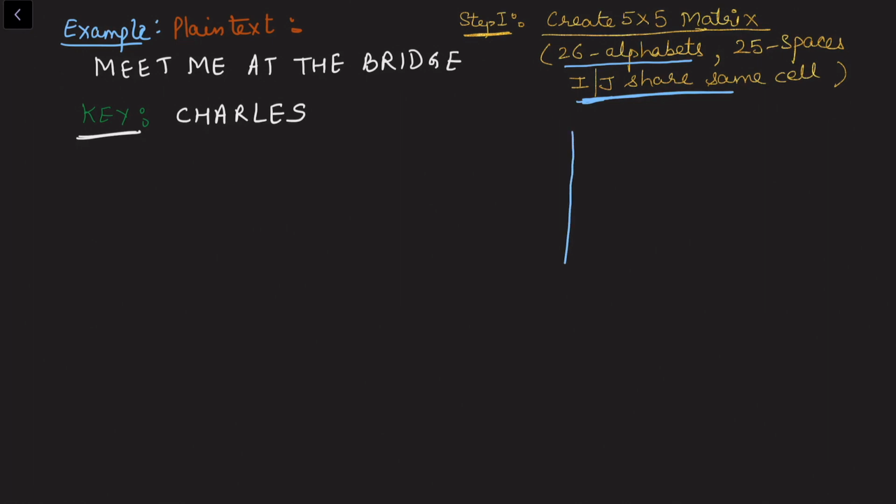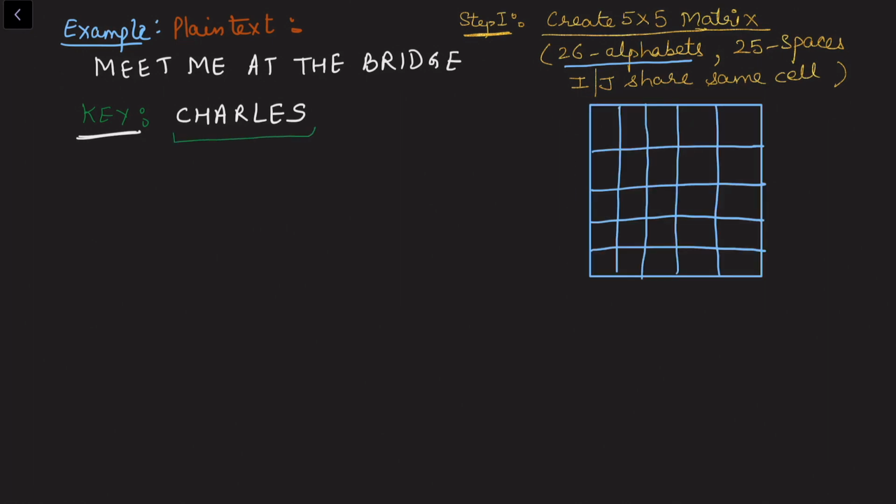So let's write down this 5x5 matrix. In it, let us write down the key letters CHARLES, and then fill out all the other cells with the other letters. So let's write here B, D. I'm writing this in alphabetical order, skipping those which have already appeared, for example C and A. So I have started with the remaining ones. We should not repeat any letter here. B, D, E is already there. You can see that. So I'll write here F, G, and then I and J have to sit in the same cell, so I keep them in the same cell.